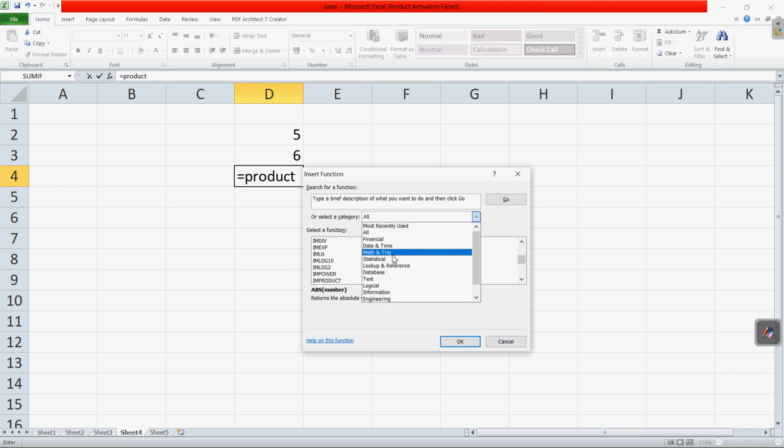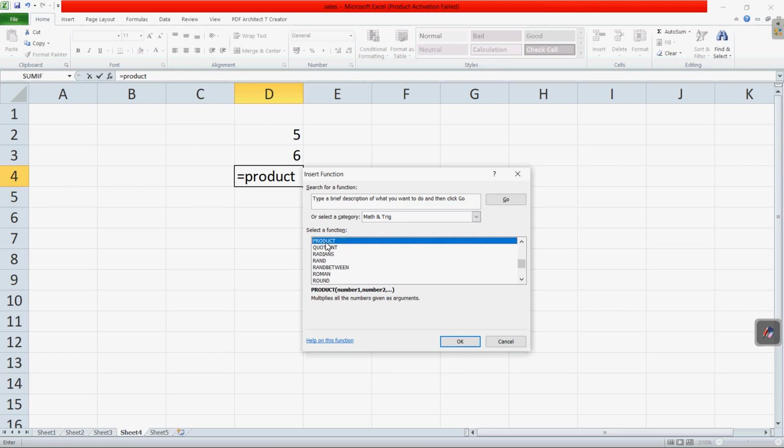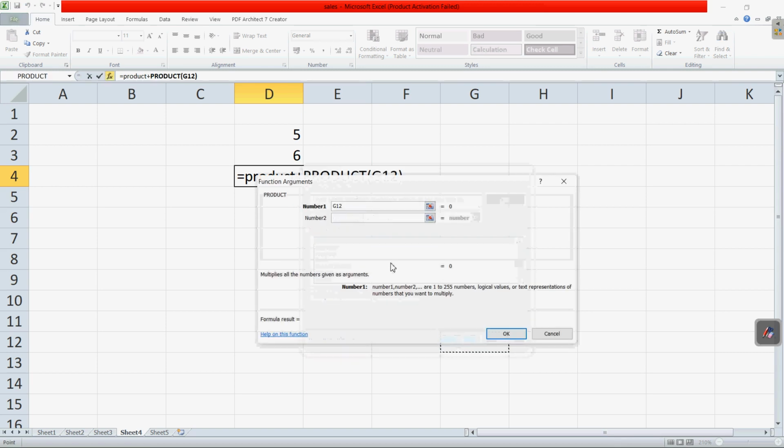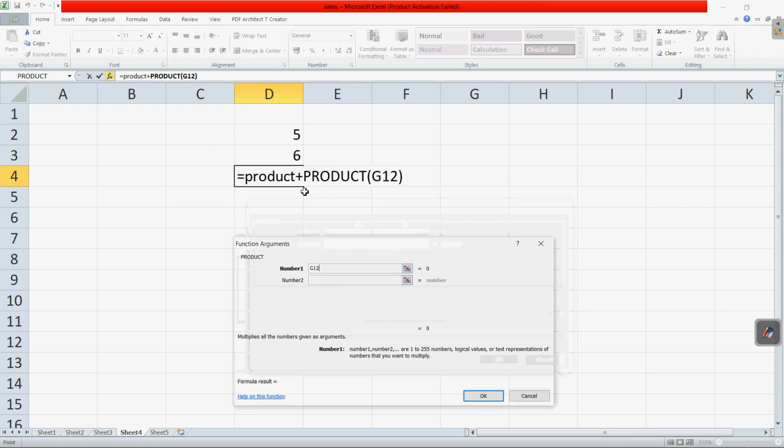This product can be found in maths as well. Let me check. Okay, no problem. Here you can find product. So already we have written it. Okay, so it is twice. Let us delete the first one which we have written.